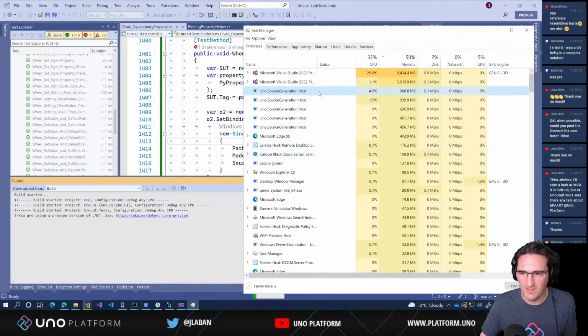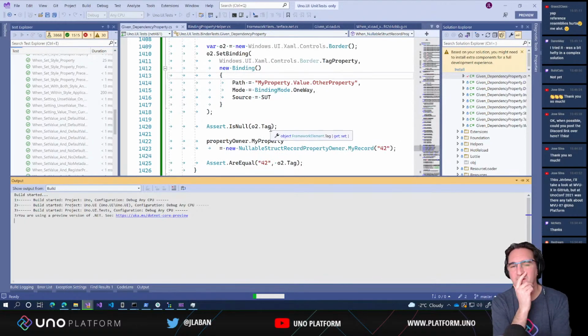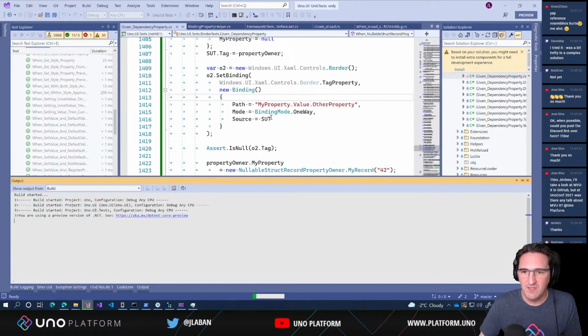Yeah, it's still taking a while. So that's definitely something that would improve the loop, instead of waiting for the compiler to finish. But that's curious, because we're not getting to the point where we evaluate that the property is supposed to be of the right type. So it could be that